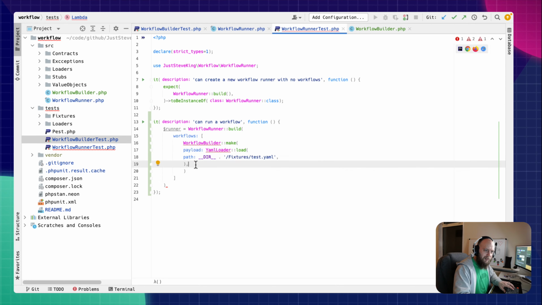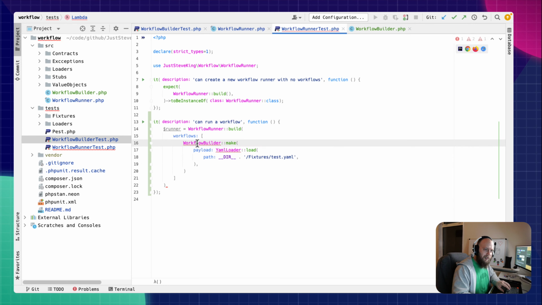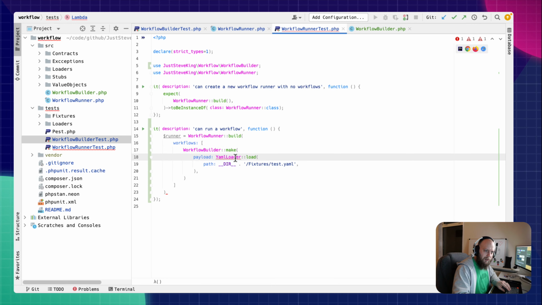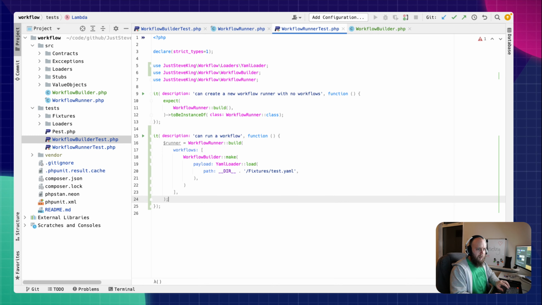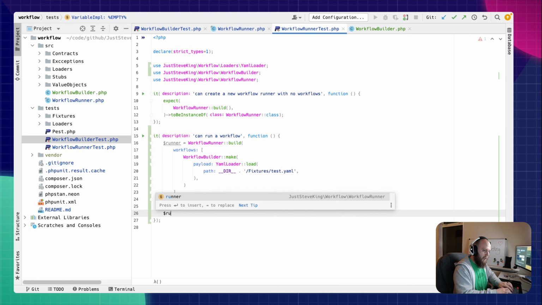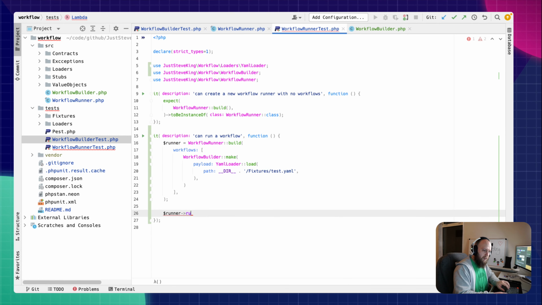Then that, and that, and I can now import that one and import that one. And now we are good. We now have a runner. So now if we go runner, run,